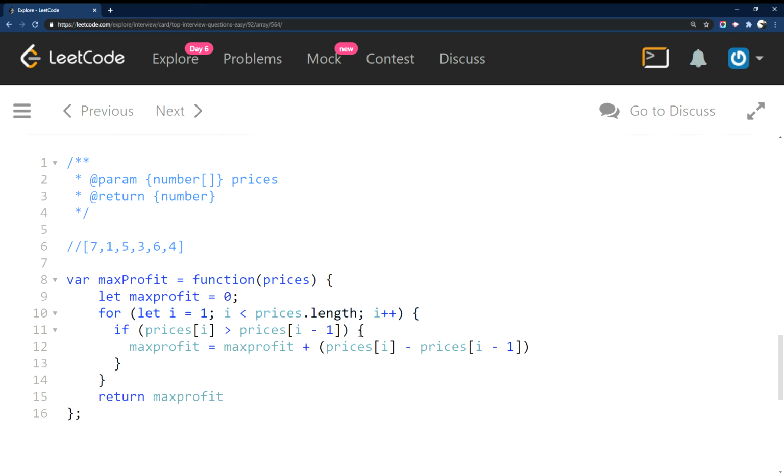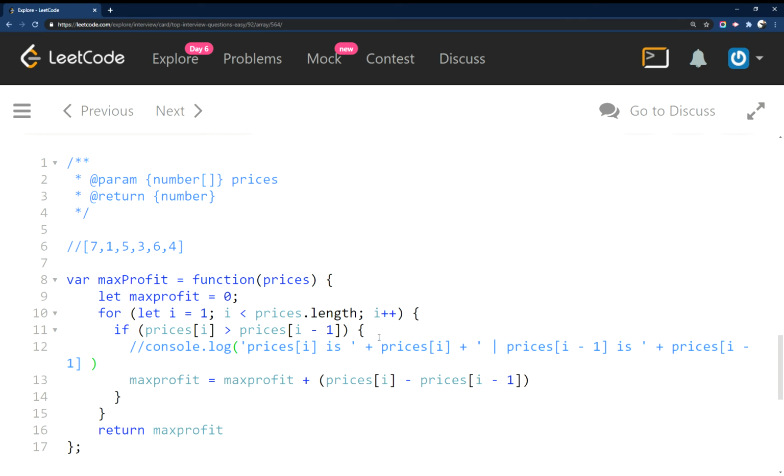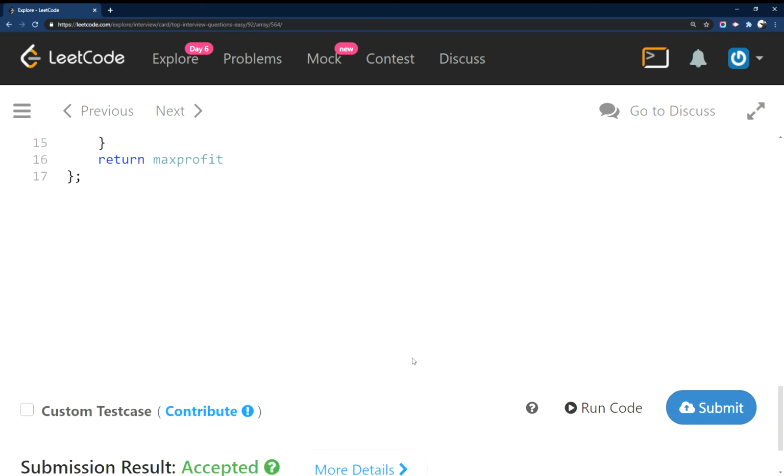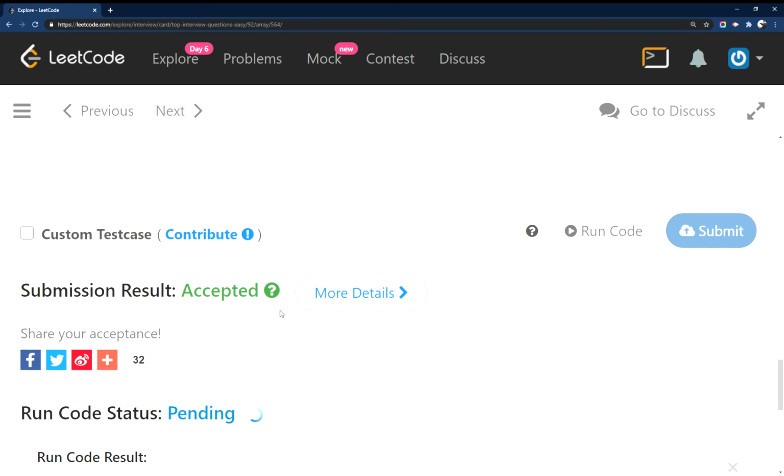And one thing you can do here, if this is looking a little confusing still, you can always grab, let's see, I'm just gonna copy paste this in here because it's a lot of typing, but you can always grab the values here and print them out. So in this case, I'm saying, okay, what is prices[i]? And then what is prices[i-1]? And if we run this,